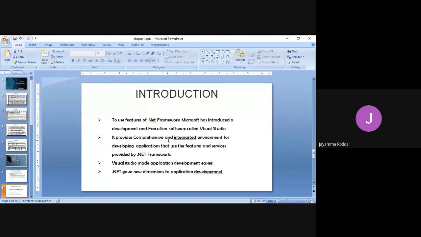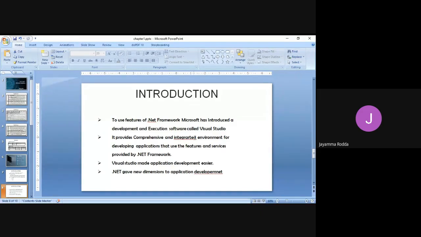Okay, so it provides a comprehensive and integrated environment for developing applications that use the features and services provided by the .NET framework. Okay, next, using Visual Studio, you can develop your application very easily. It is an easier thing to develop an application using Visual Studio.